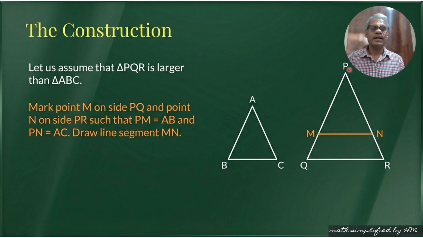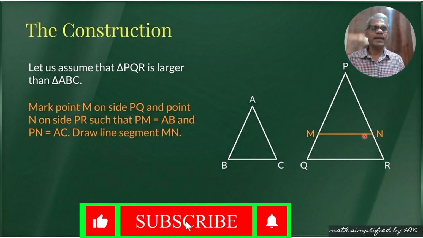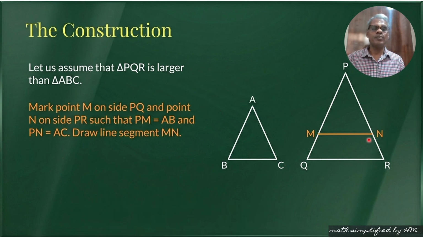Let us assume that triangle PQR is larger than triangle ABC. Then mark point M on side PQ and point N on side PR such that PM is equal to AB and PN is equal to AC. Then draw a line segment MN. Here we observe in triangle PQR side QR seems to be parallel to segment MN, but we have to